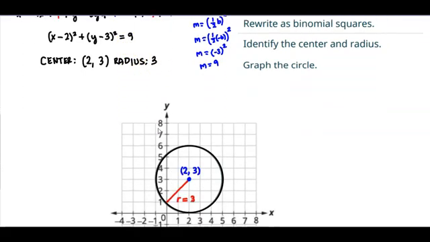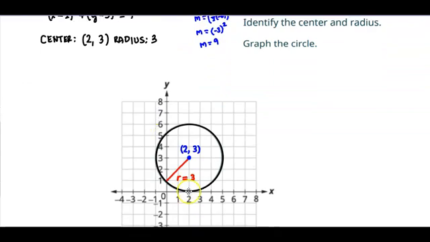And so the second part of this problem, we can go ahead and graph. So now we know that the center is going to be located at (2, 3). So we're going to move to the right 2 units and then up 3. And then the radius of the circle is going to be the value of